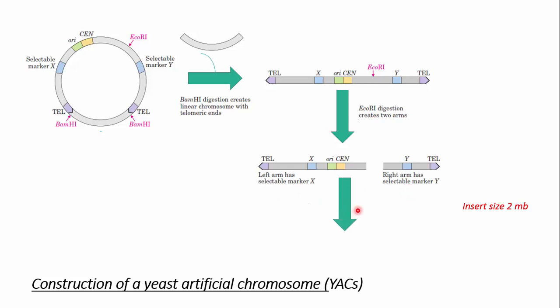Next we transfer our foreign DNA insert here. So our genomic DNA fragments are generated by the light digestion of EcoRI. Then DNA ligase enzyme helps to ligate our foreign DNA into the YAC vector. Now it becomes a recombinant YAC vector. Actually here we can insert a gene of interest ranging from several kbs to several Mbs. And that is the biggest advantage of using yeast artificial chromosome because it has a huge carrying capacity.